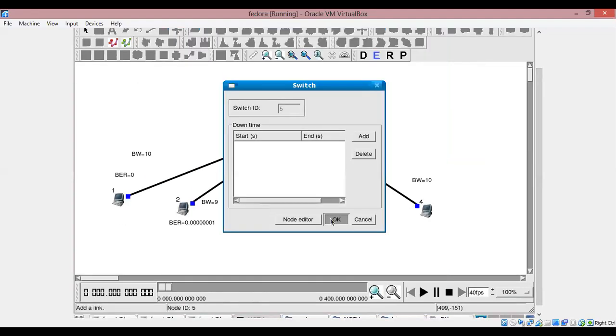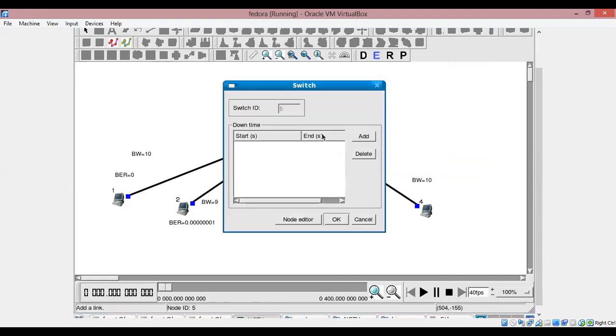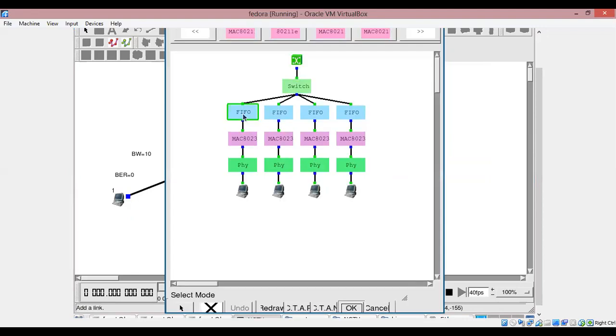And here, see this. So this is port ID 2, this is port ID 3, this is port ID 4. Okay, this is port ID 1. So if you find N5 P1, this is the connection. So if you want to change something in sender 1 to switch, you have to change it in N5 P2. Okay, here, like that.